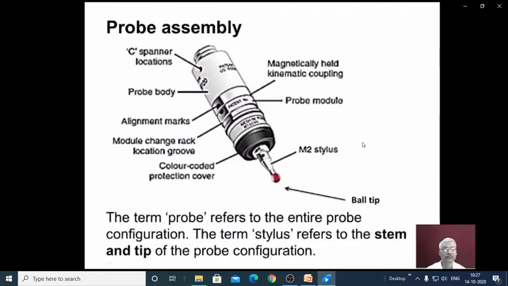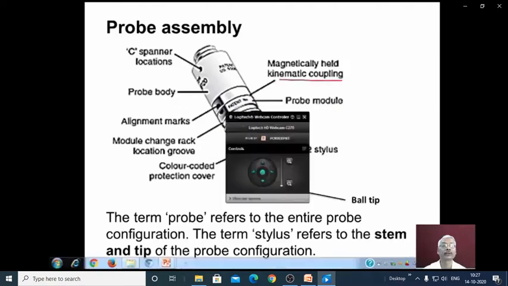Now we can see the probe assembly. This is the probe body, which is fixed to the probe head using spanners, and this is the probe module, which can be coupled with the probe body using the kinematic coupling.